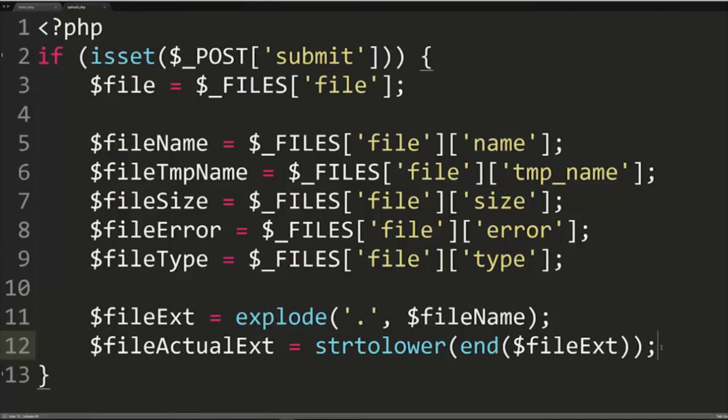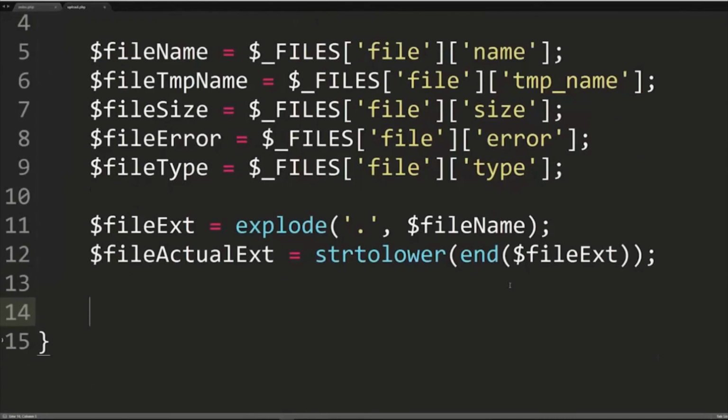Now the next thing we need to do is to tell it which files we want to allow people to upload inside our website. So underneath here, we're going to create an array which has the information inside of it of the file extensions we want to allow inside the website. So we're going to say $allowed, set it equal to an array, parentheses. Now inside this array, we're going to tell it which type of files we want to allow inside the website. So the first data I'm going to write in here is a